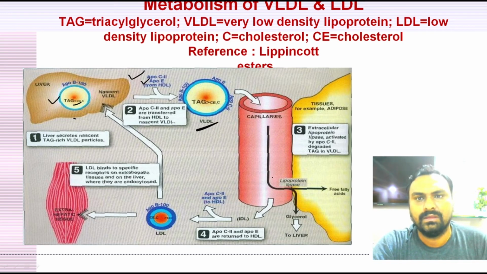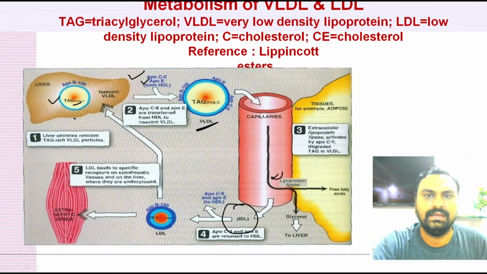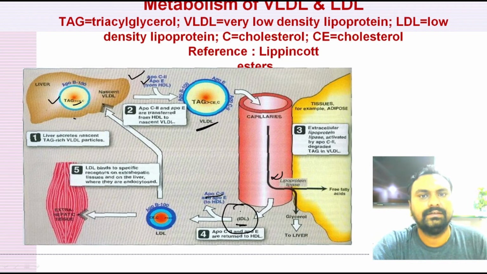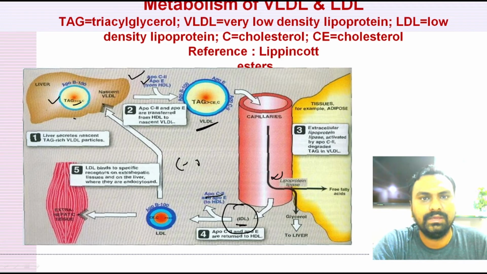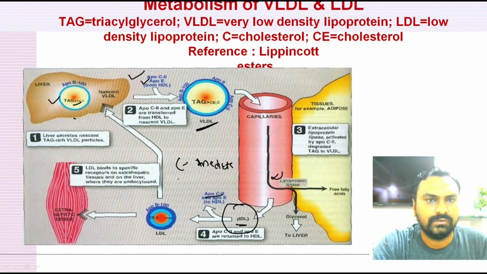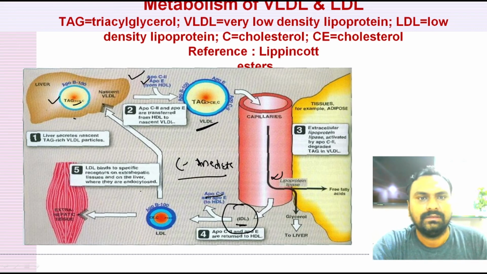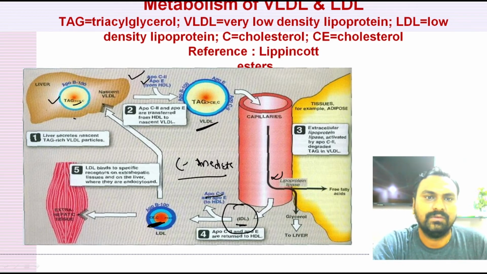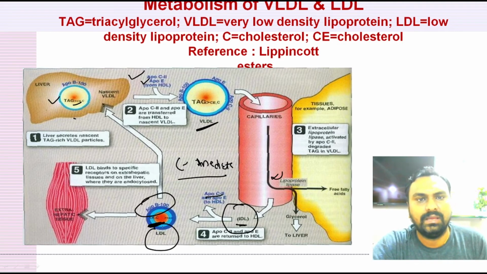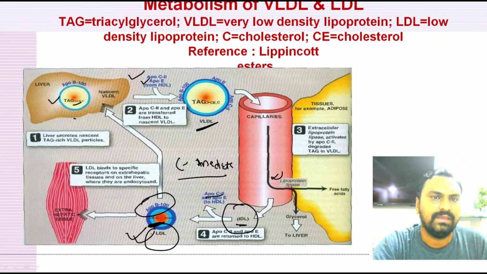Okay, and ApoC2 will activate lipoprotein lipase and break down triglyceride to glycerol and fatty acid, and the remaining portion is called an IDL. This IDL has two fates: 50% is taken up by ApoE-mediated endocytosis, while 50% with the help of hepatic lipase will be converted. Triglyceride will be broken down to glycerol and fatty acid, and only cholesterol ester will be there, and ApoB100. So the only apoprotein present in LDL is ApoB100.